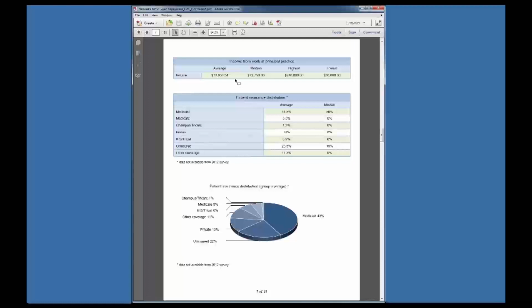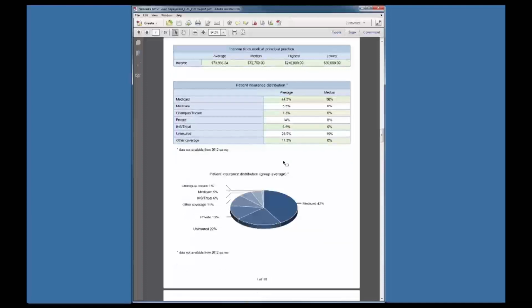So curiously, we see a huge range of salaries for folks. An average median, the highest salary, $210,000. I would like to find out where that person works. But then down to $30,000 too. So this is a huge range. It lets us know that we're talking not about a uniform group of people making the same amount of money in the same job, but a great diversity of individuals, as well as what the support from participating in the National Health Service or a state program would mean something greatly different for these individuals.